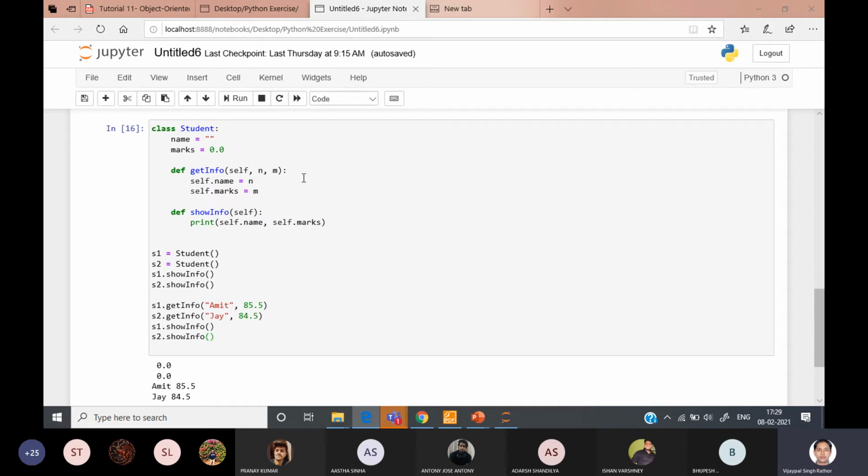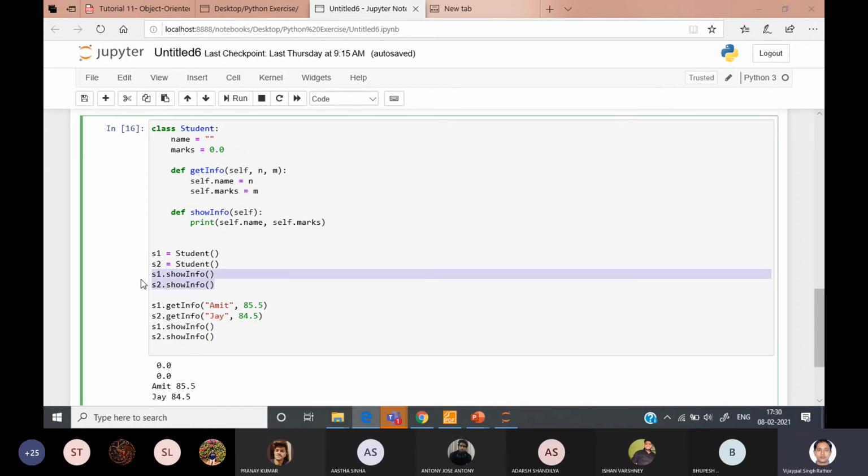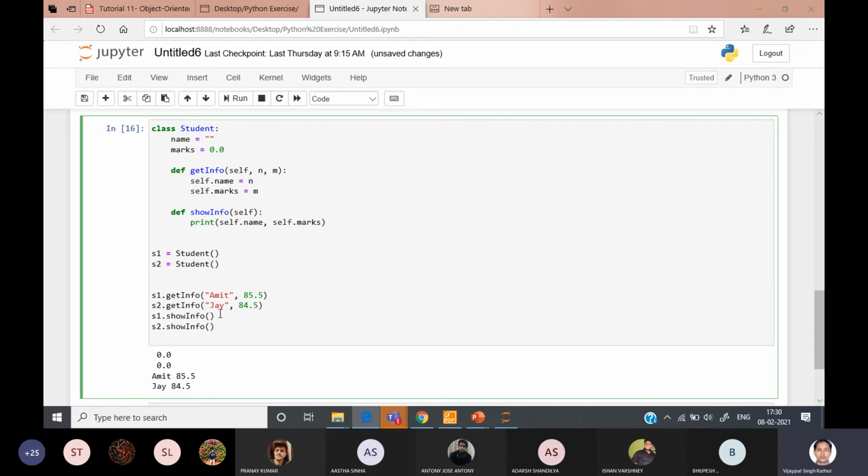Multiple students, I told you that you need to write a program where you have to store the information of 100 students. Inside these 100 students, different attributes you can use, different functions you can utilize to perform operations on the data members. Now if I ask you to sort the students in ascending order of their marks, you can write a sort function that can sort the student information. So here you can create the list of students, S1, S2, you can keep S1, S2 in the list. Here I have created 2 now, so you can create more students, 2, 3, 4, or you can store them in the list.